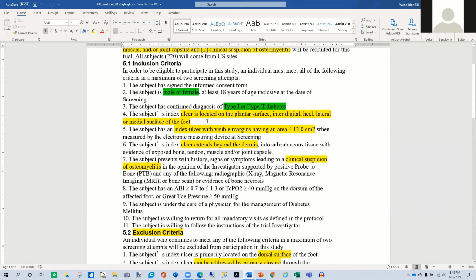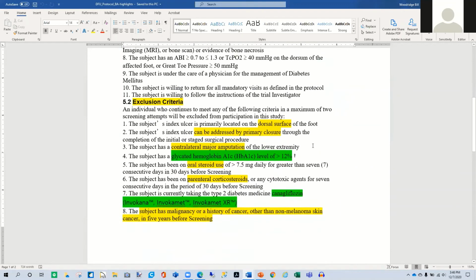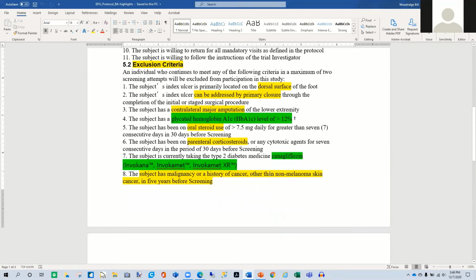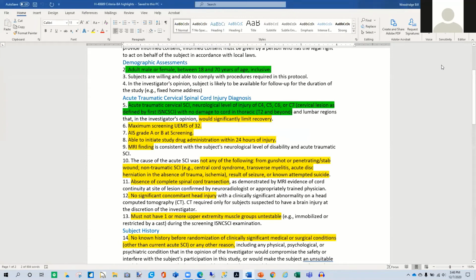The location of the ulcer would be hard to find in TriNetX. A suspicion of osteomyelitis is pretty hard to find. Exclusion criteria of where it is on the foot was hard to find, but the A1C was pretty easy to use, as we've seen before. And then I was able to find these medications. I'm a pediatrician, so I don't know that much about diabetes. But I was able to put these in and do a little bit of a query around that. So just to show you quickly,